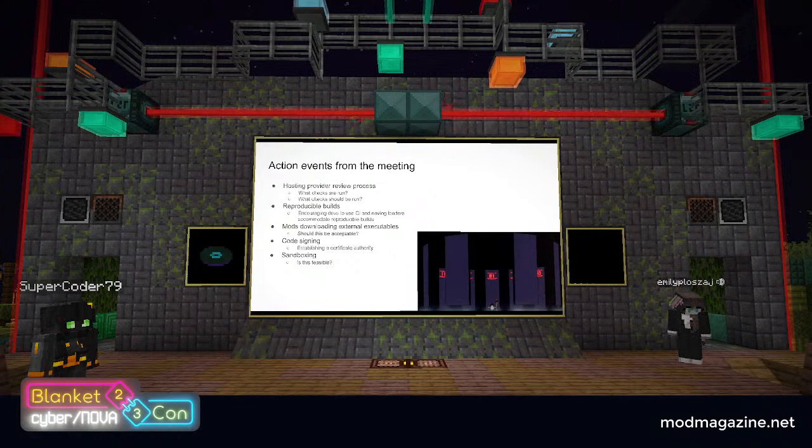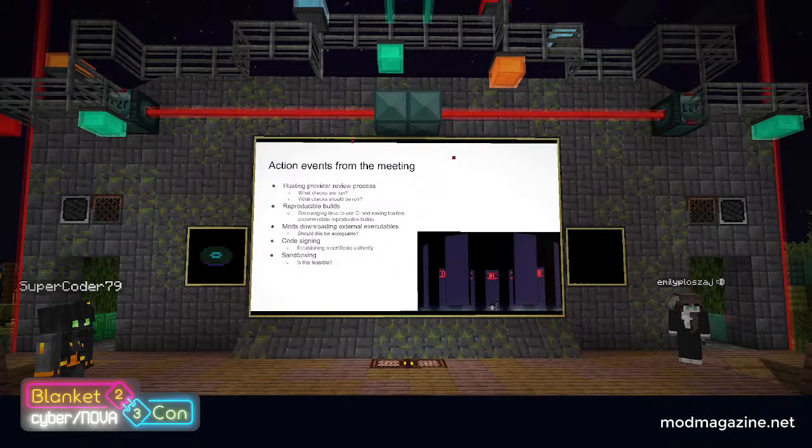The second action item: reproducible builds. While modded Minecraft is a mostly open source community at this point, that doesn't provide as much security as would be desired. There is currently little trust that modders are building the code that they publish and not changing it before uploading. A problem for this is a lack of focus on reproducible builds. Some build systems produce inconsistent artifacts, so if you were to download the code that a modder has published and build the same thing, you're not always going to get the same thing out. So it's hard to tell very quickly and concretely that they're being honest to you.